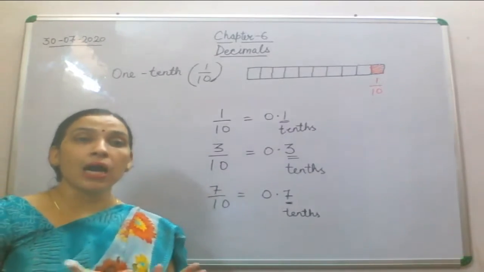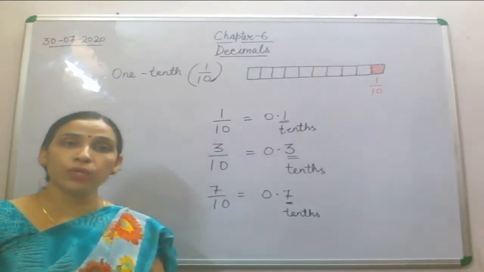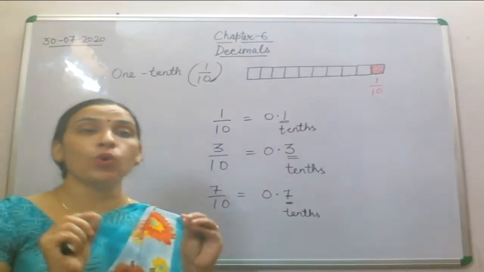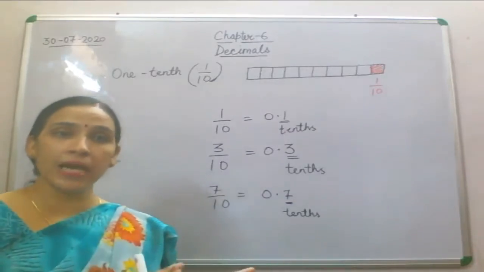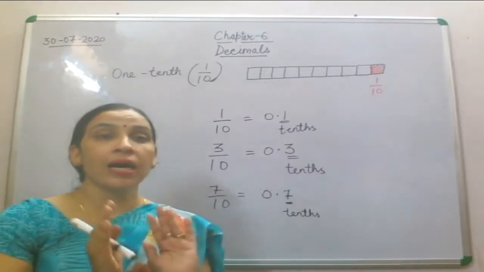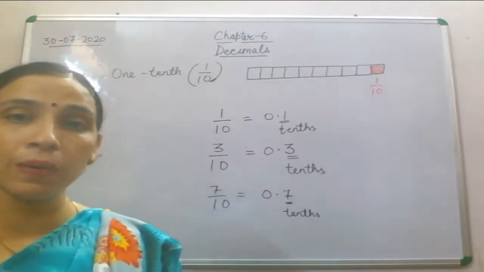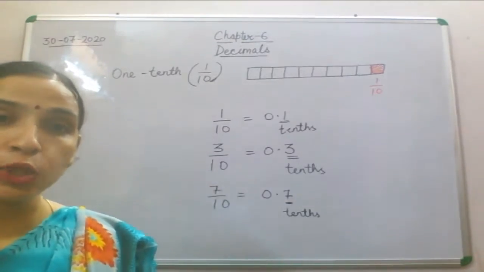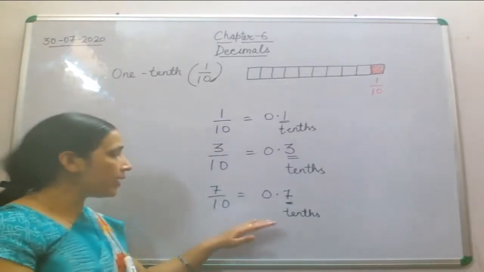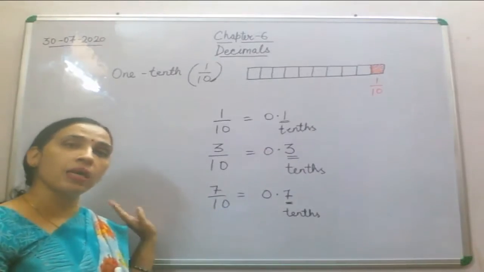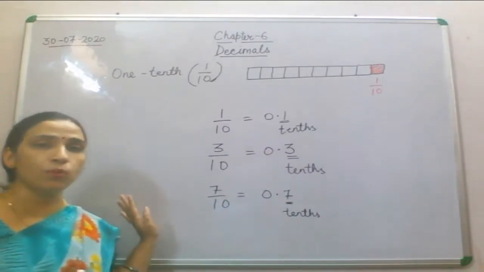How will you write it in words? How will you write it in numbers? First you have to understand the place value of decimals, as you understand the place value in the number system. The rest of the places will be the same. There is no change in those places. Like here, this will be your ones, then tens, then 100, 1000, and the rest of the places will be the same.